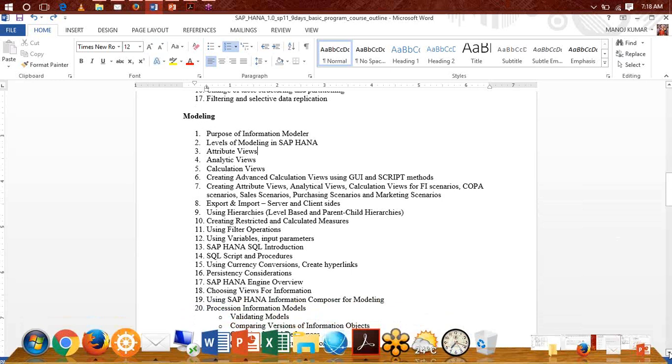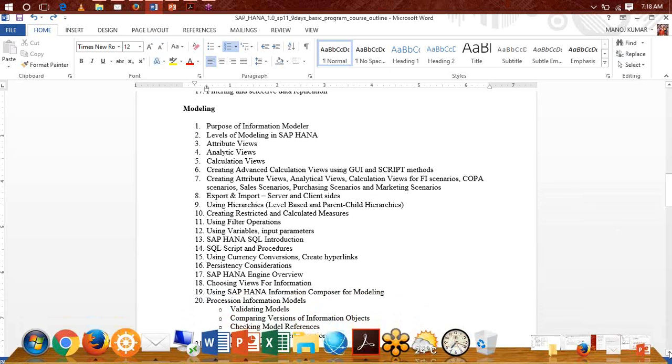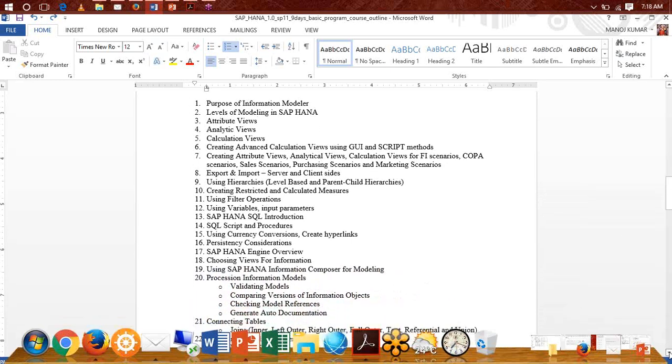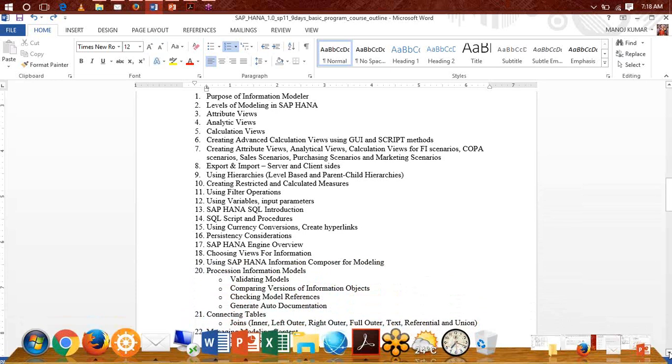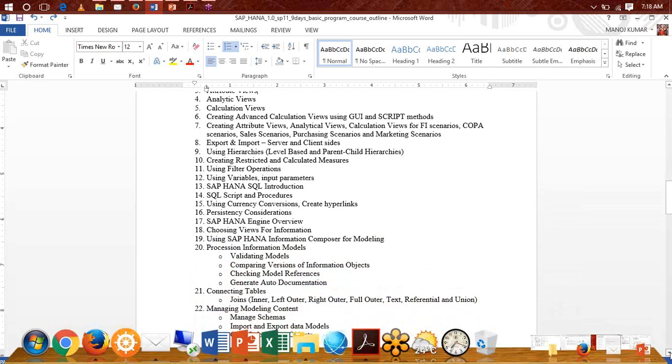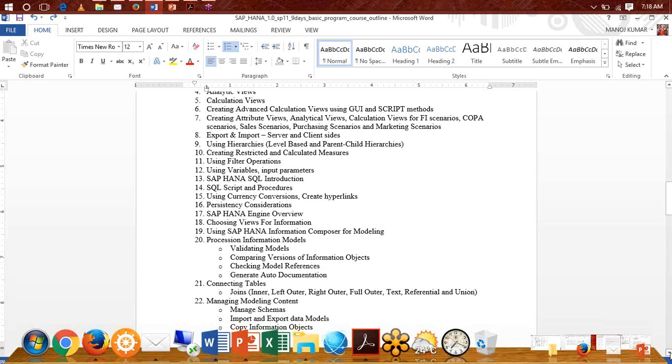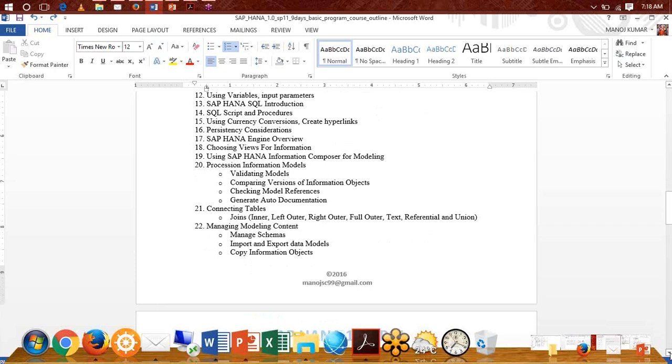So pre-calculations are done at the modeling side itself, which is nothing but the specification about calculation views. We have separate ways to implement this, modeling methods like both the GUI and script methods. We'll see all the methods available inside it. Not only that, this covers each and every component which is going to be used within